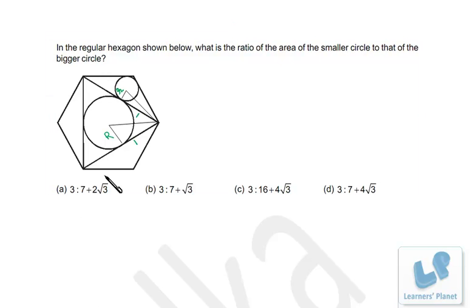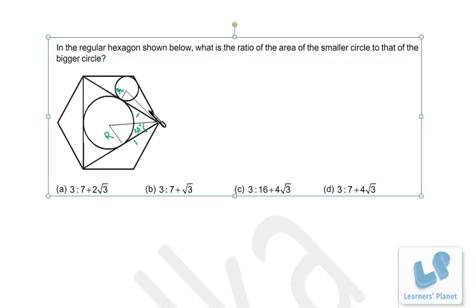Now since the triangle inside that hexagon is an equilateral triangle, this complete angle is 60 degrees, that means this must be 30 degrees, right? In this case, this complete angle is 60 and, just listen to me carefully, this complete angle is 120, right? The internal angle of the hexagon, this complete angle is 120. Out of that, 60 is taken by this triangle, 30 is this part and 30 is this part. That means this entire part is 30. So by symmetry, we can say this part of the triangle must be 15 degrees because the figure is symmetric, right?